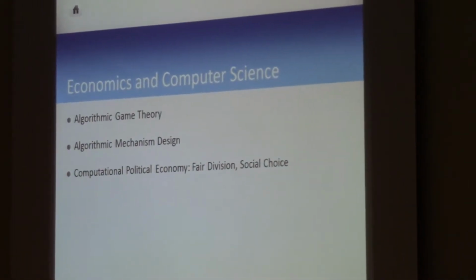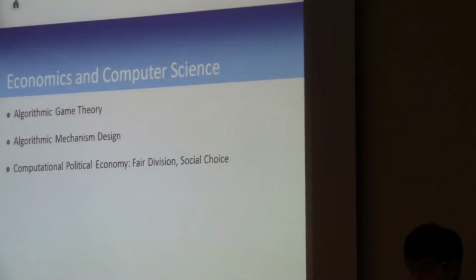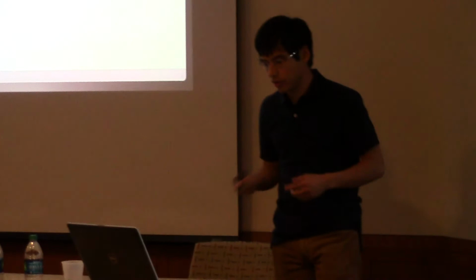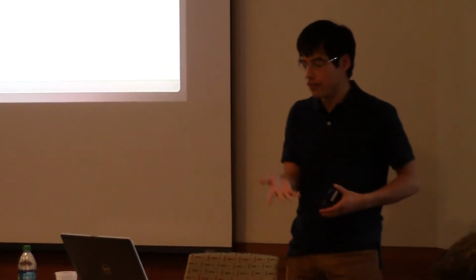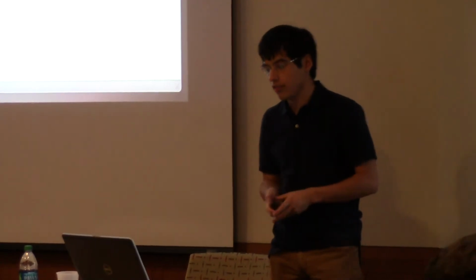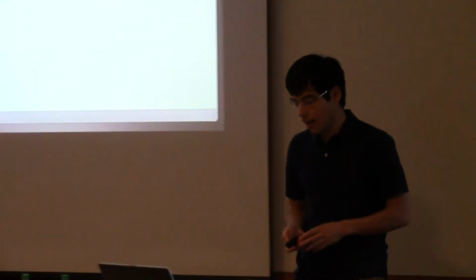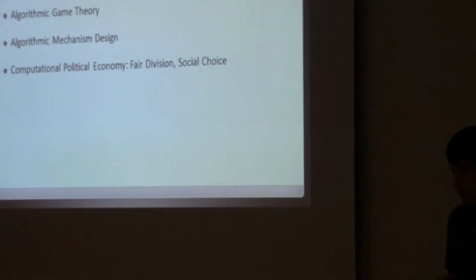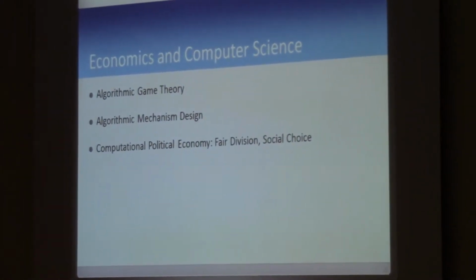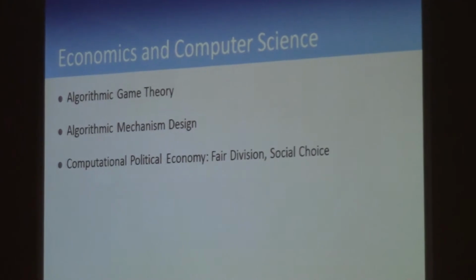I just want to quickly talk about some areas in which they've commonly been combined. So game theory, as I'm sure you all know, is how you study agents' behavior when they're in strategic environments where they have incentive to do interesting things. Mechanism design is the reverse of this, where you say, I know agents are going to behave like this, so how do I make a system in which they behave the best?